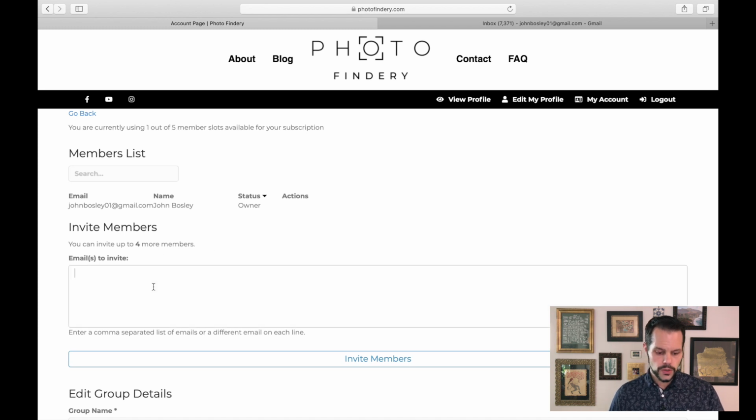And what you'll want to do is you can invite up to 4 more members. All those members can be yourself, but you'll need to use a unique email address for each one. And the reason for that is we're actually creating new profiles for each member or for each genre that you photograph. Not only does this help separate you out in the search results, but it also helps you with SEO by having multiple account pages that are going to show up in Google search results as well as Photo Findery